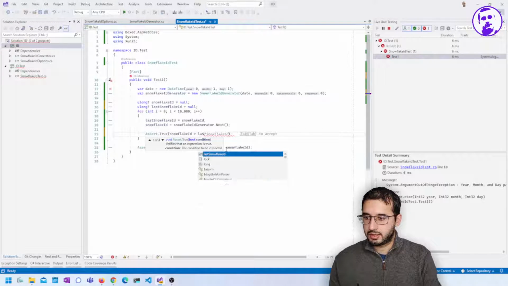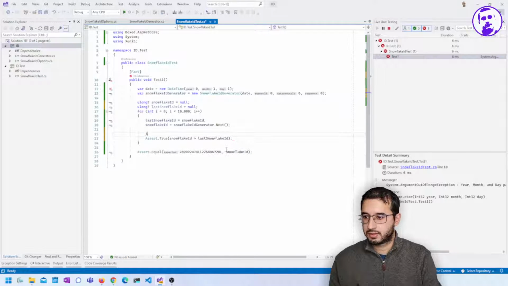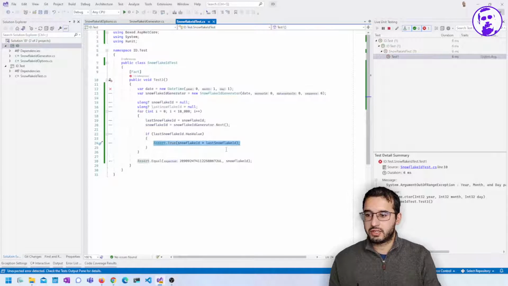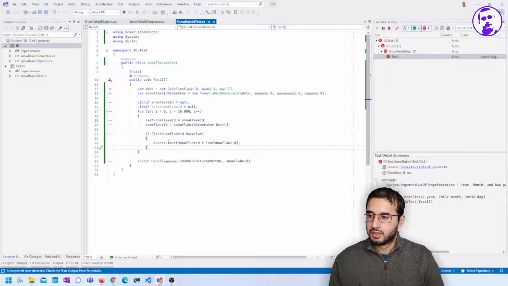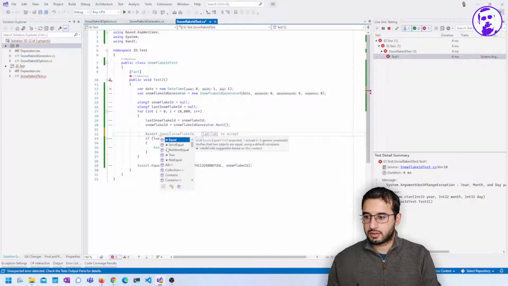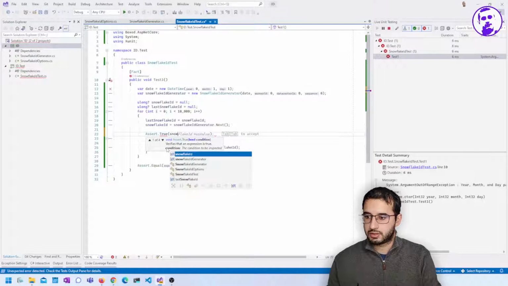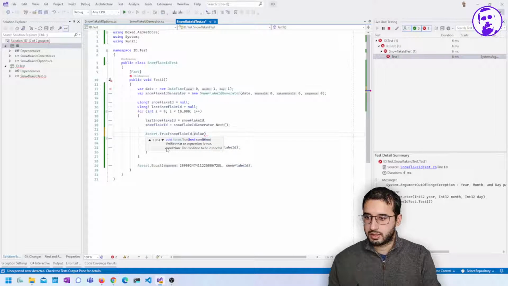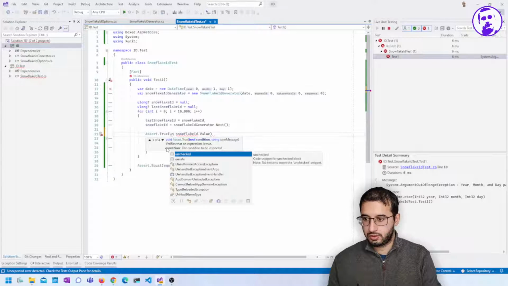More than last Snowflake ID. If last Snowflake ID has value. So we want to make sure that the new Snowflake ID is a greater number than the last one. We also want to make sure true, Snowflake ID dot value, and we want to do ulong